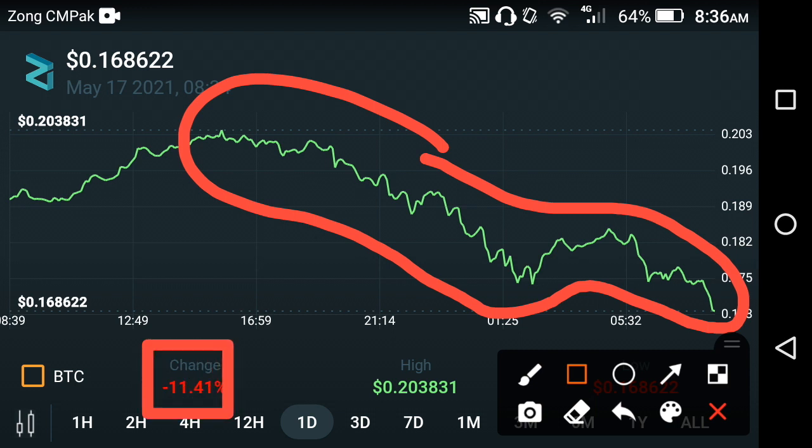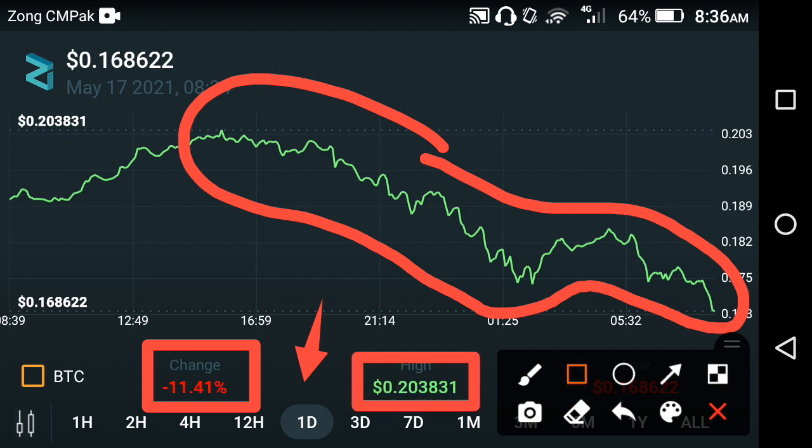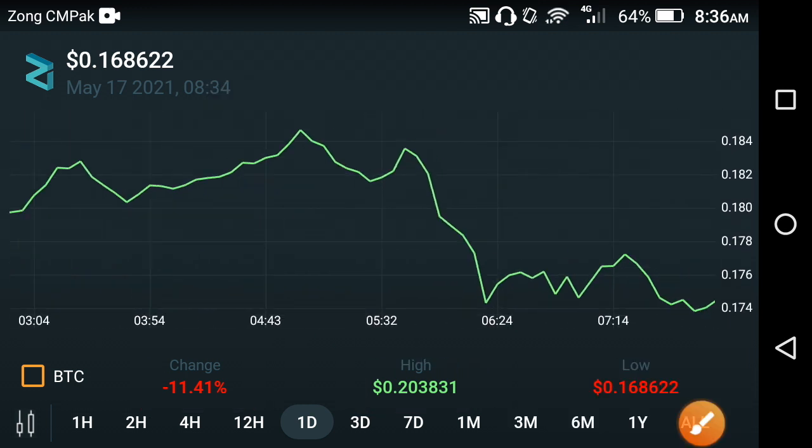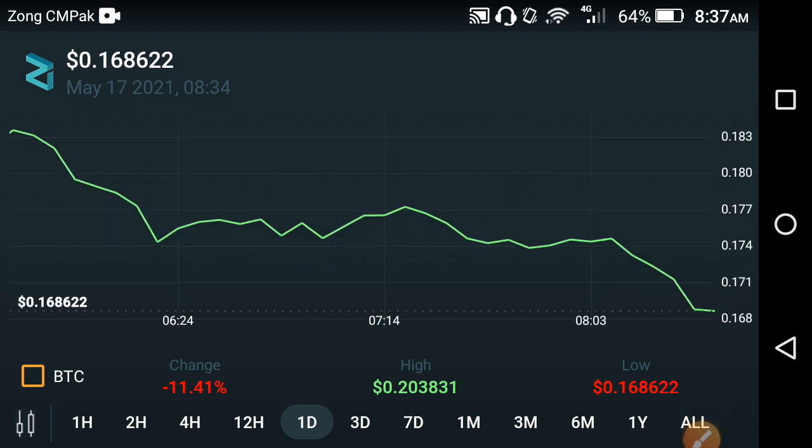Anyways, if you look at the prices of Zilliqa, negative 11.41% change occurred in the last 1 day. And the highest price of Zilliqa is 0.203831 USD. On the other side, they are now in a falling mood, and when they start pumping again, I know at this time they have no idea to take a jump, but friends, I think that